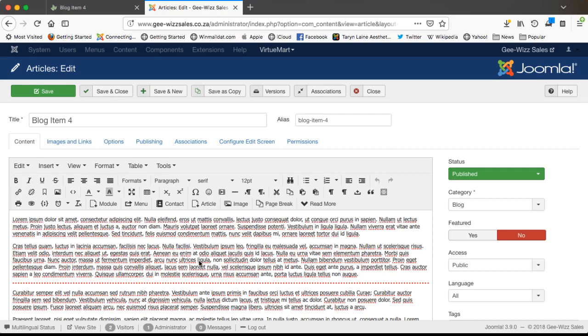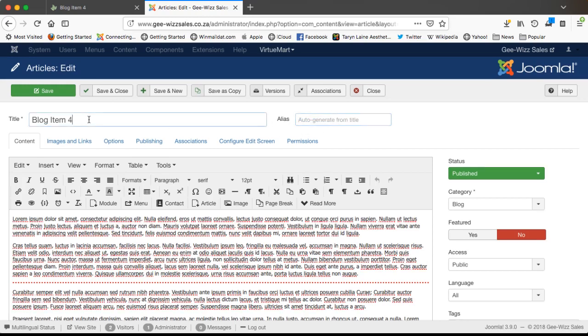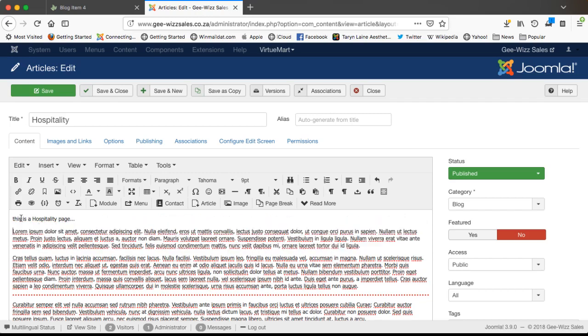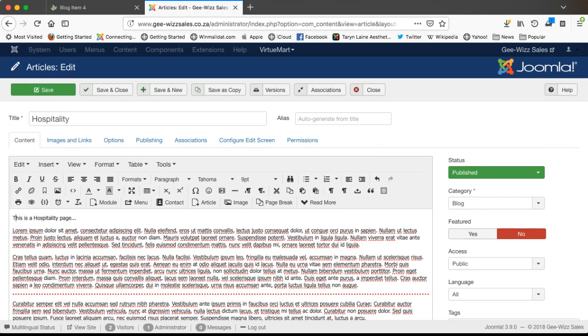Let's turn this into a hospitality page. So I want to delete the alias, that's the page name. And we're going to create a new page name. Let's call it hospitality. And then I'm just going to copy that and let's insert it here. Right, so we can actually go and edit this text like I've been doing, and you can also just highlight